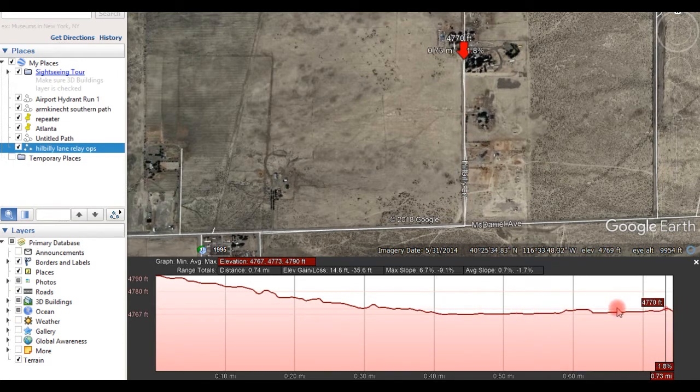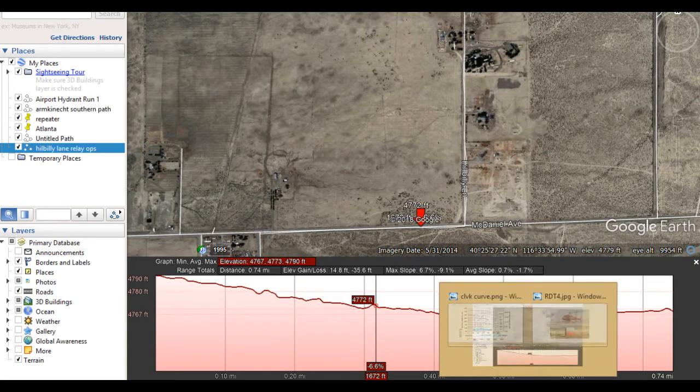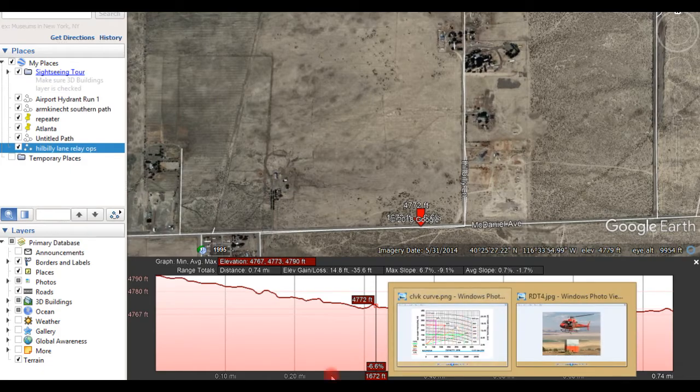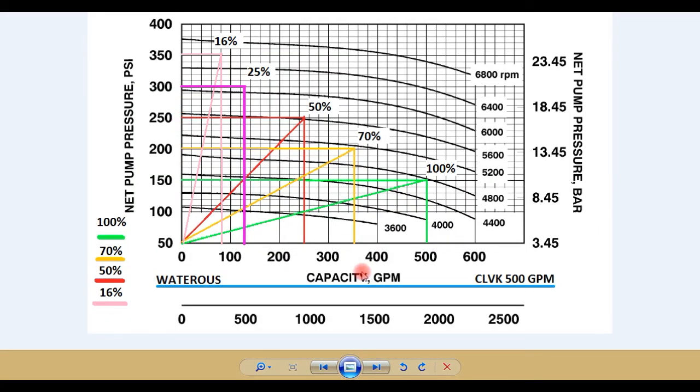you still have roughly another 1,800 feet to supply water to. So let's see where that 240 gallons a minute at 250 psi is going to, how far that's going to get us, because that's the trick. That's what you have to start looking at. So if you try to go any greater than that, think of this line as a vertical wall. If you move up in pressure, this wall is a limiter